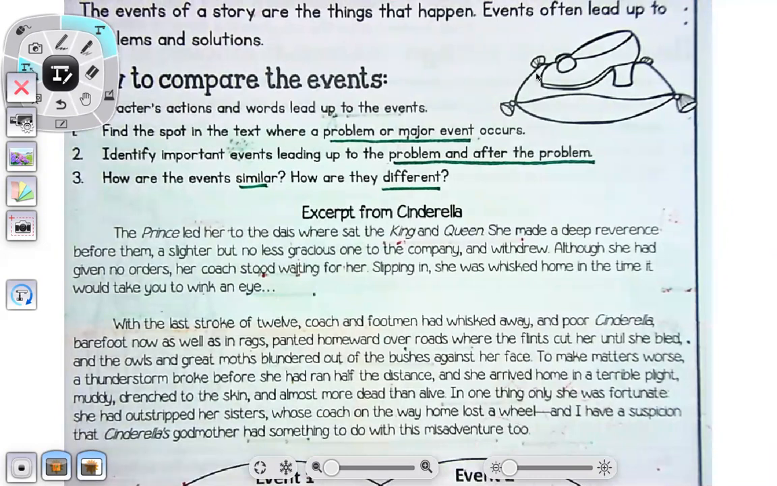So be thinking, where was it taking place? Was there a problem? Where actually were the events that happened? The second paragraph,